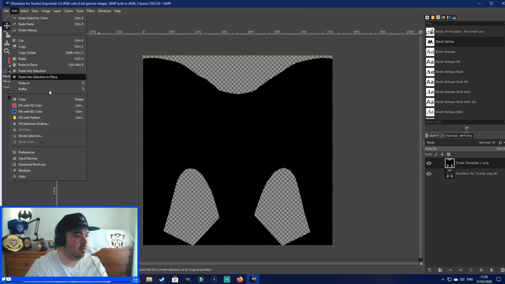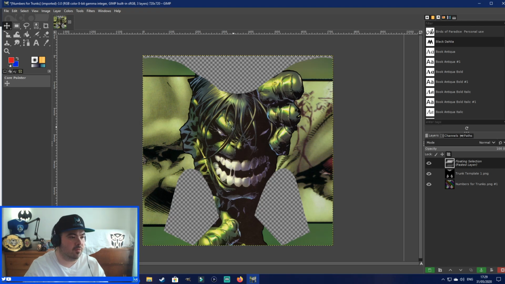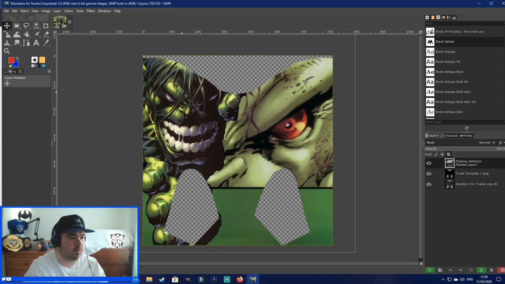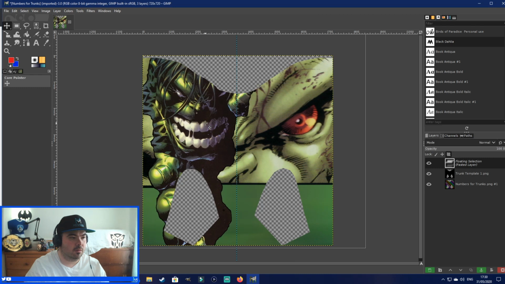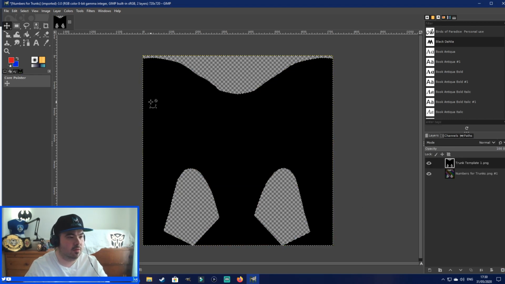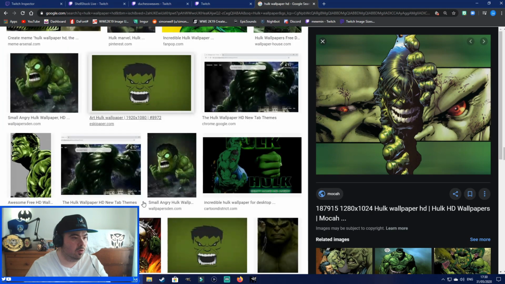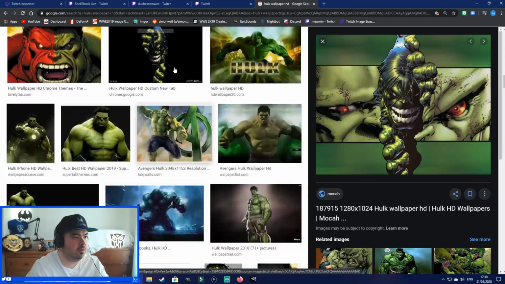And again, edit, paste into selection. I probably want to move that kind of like that. And if I just drag that there, so that's the front of the trunks, that's the back of the trunks. And that's how it'll work. Play around with it, just look for things you think would look good as a trunks texture, because what I would probably do is